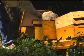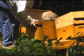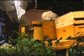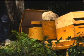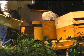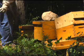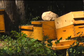Now I've moved the follower board back to make some more room, and I'm going to put 10 more frames of 4.9 millimeter foundation in. Okay, that should just about do it. Hopefully by tomorrow we'll have some happy bees. I'll let you guys know if it works out being easier to work than